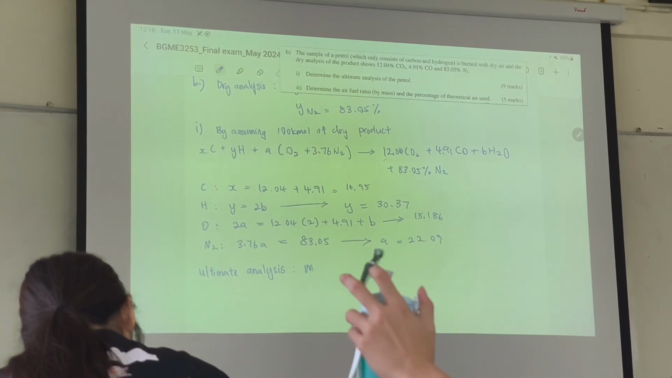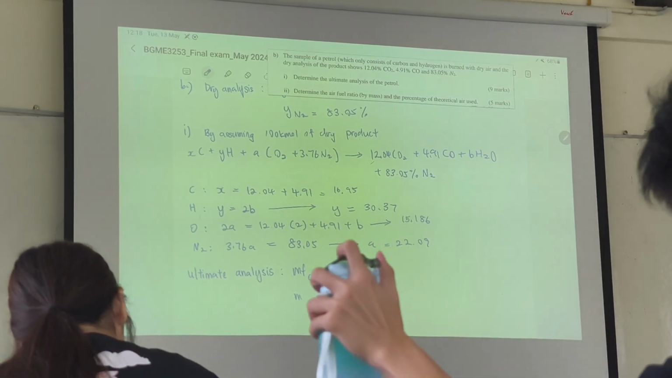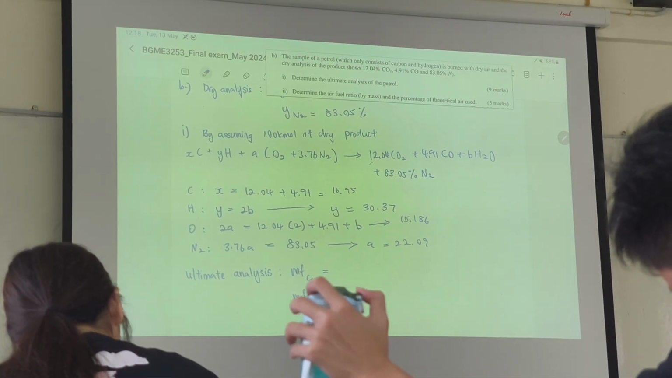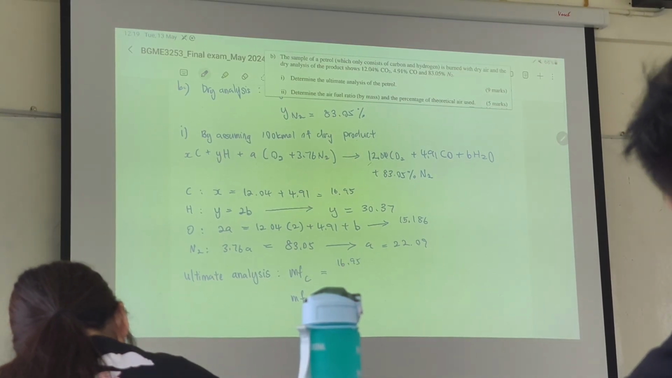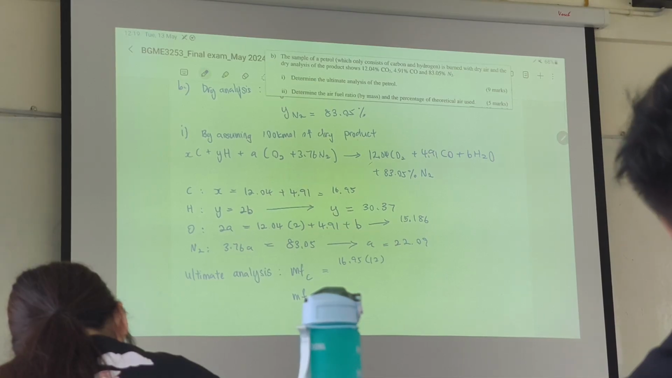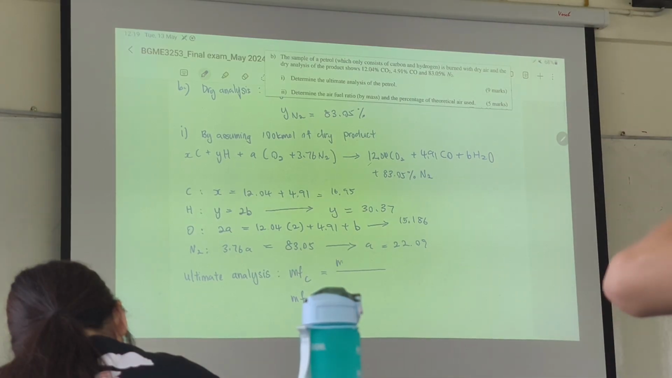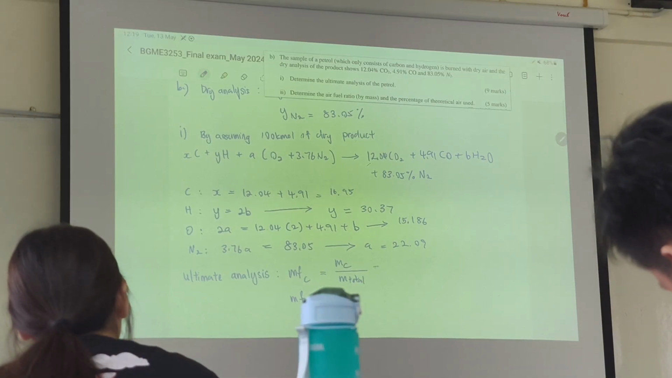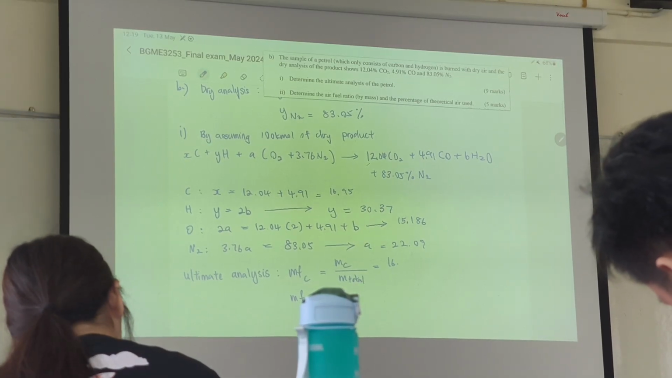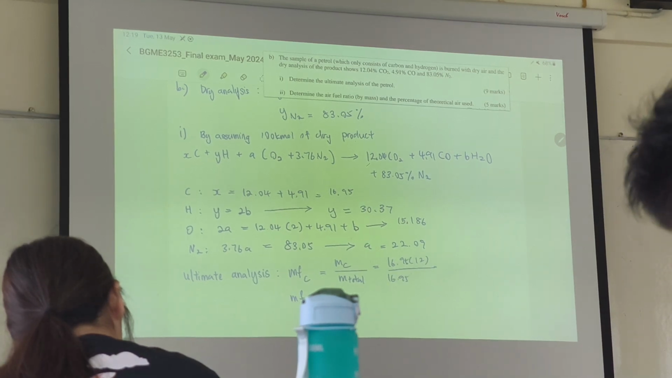So meaning you want MF of C as well as MF of H. So we know that the number of mole of C is 16.95, so we convert it back to mass. And the total over the total mass. Okay, maybe let's write it properly first. So this should be M of C over M total. So meaning 16.95 times 12 over 16.95 times 12 plus